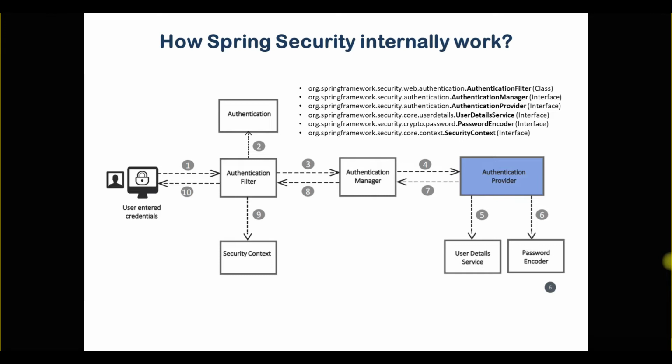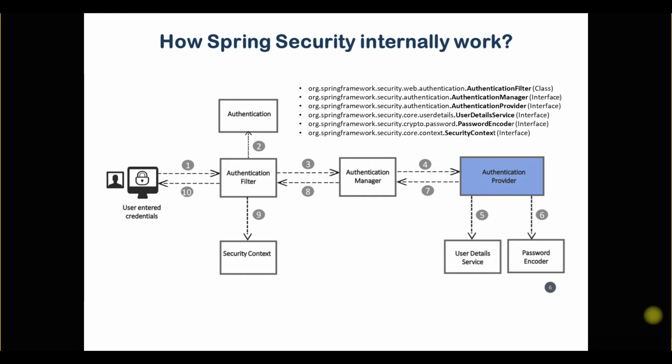Now the object comes into the Spring context, sorry, security context. As I showed you in Postman, the JSession ID is stored in the security context, which is the place where we see the data of the user once he or she authenticates.